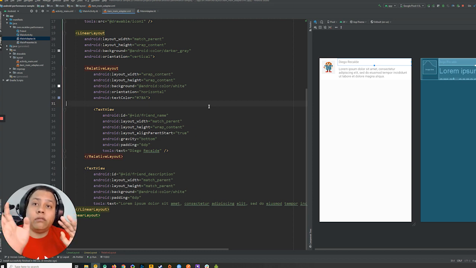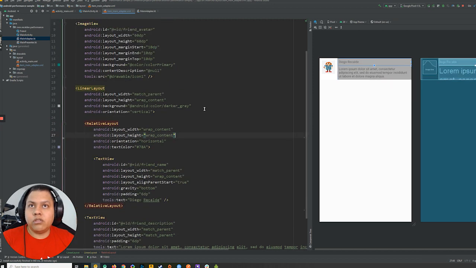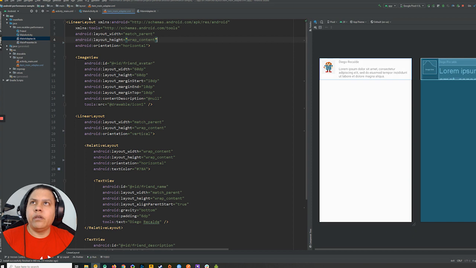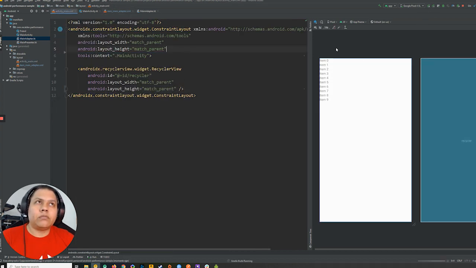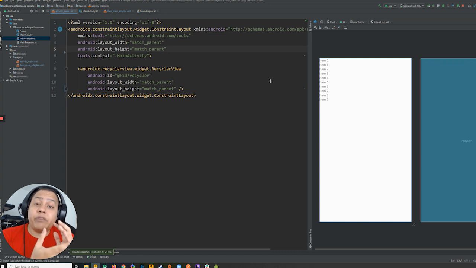I was getting ahead of myself a little, but getting back to the techniques, the first technique that we were looking at is removing unnecessary backgrounds. So what we are going to do first is remove all of these backgrounds that we see here, just to see how it improves. We are going to be removing this one as well. Upon executing the app, what we are going to see here is that the overdraw got better,